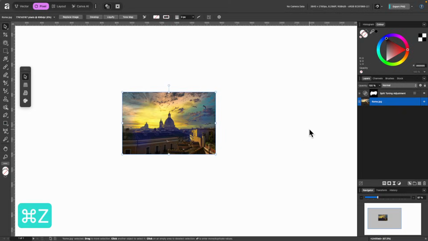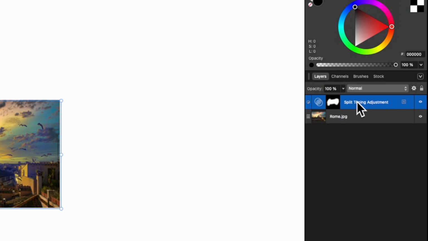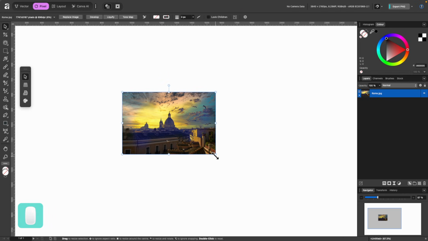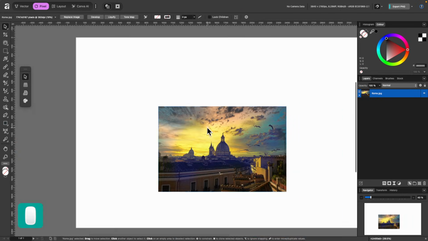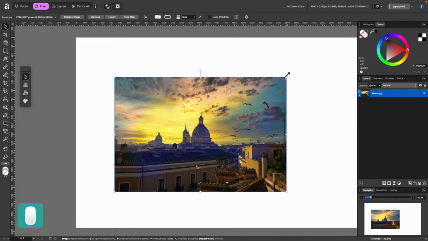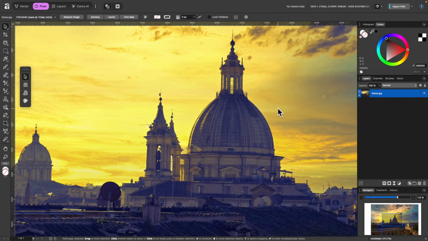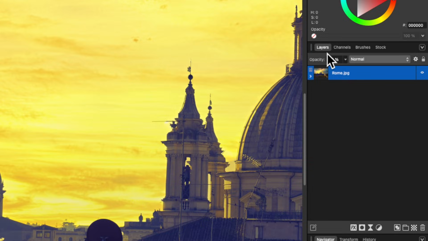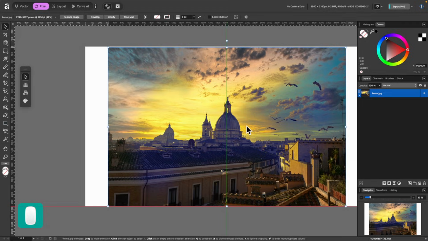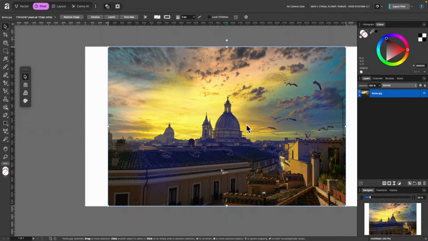So I'll just press Command Z and you see there it is in the layers panel. I can just click and drag it onto it. Now I'll select the image again and I can drag it up and now it scales with the image. And I'll just drag it up really big and you can see there's no loss in quality on this image. In the layers panel, it's still an image layer, not a pixel layer. So something to note when you're working with raster images.